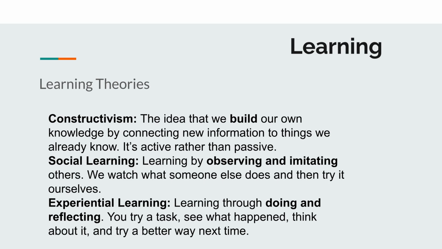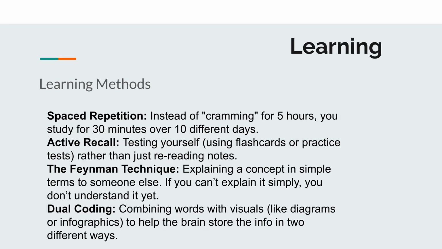Social learning involves observing and imitating others, while experiential learning is about doing, reflecting, and trying a better way next time. Learning methods include spaced repetition, which involves studying over multiple days, and active recall, which is testing yourself. The Feynman technique involves explaining a concept simply, and dual coding combines words with visuals to store information in two